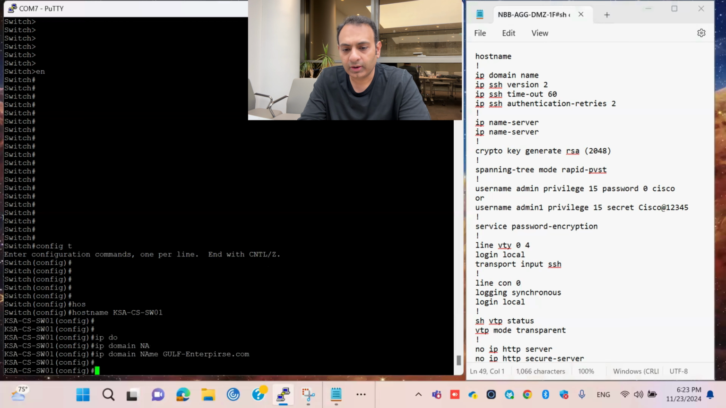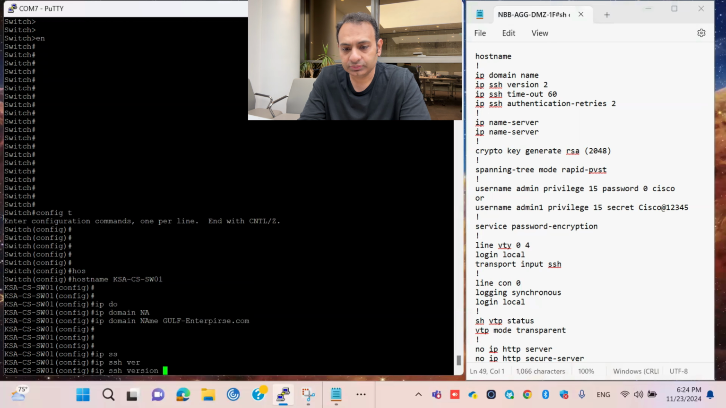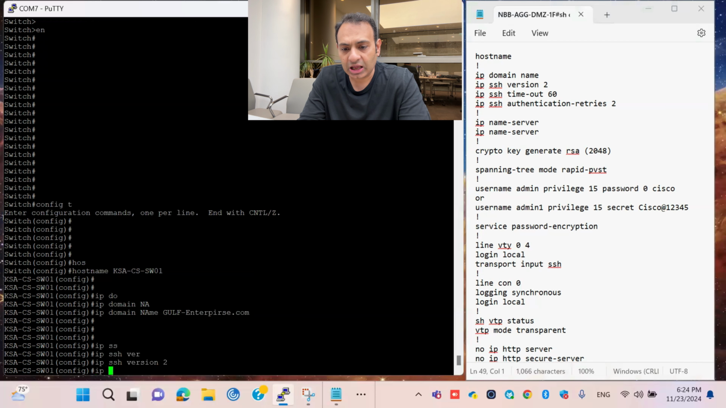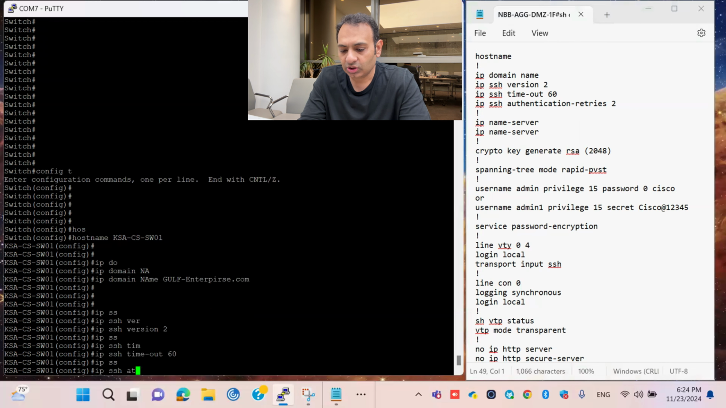.com. The next command is the IP SSH version, which is secure shell connectivity. Normally you have either telnet or SSH. For best practice, you always configure SSH, because it provides some level of encryption, authentication, and security at your switch level. So I will put ip ssh version 2. The second command I put is ip ssh time-out 60 seconds, and ip ssh authentication